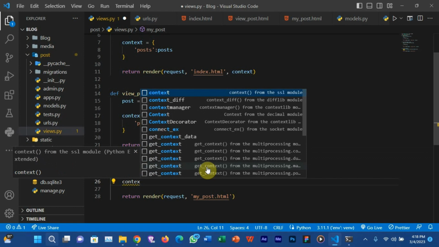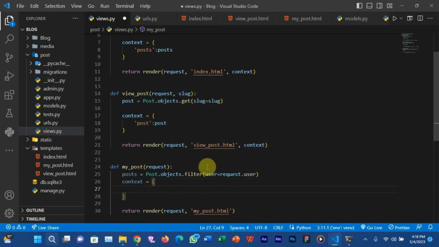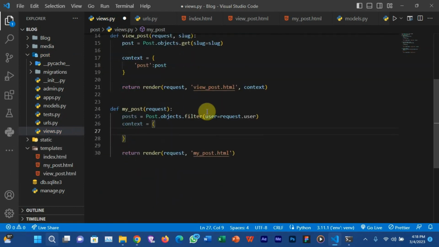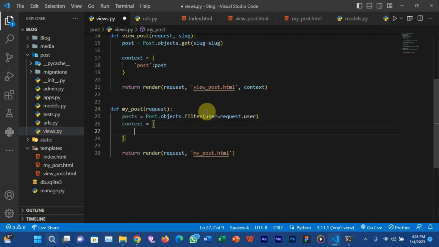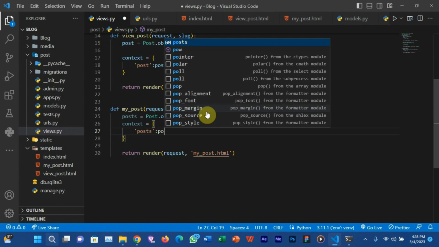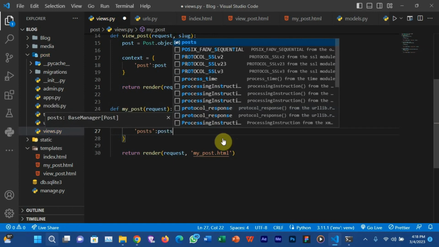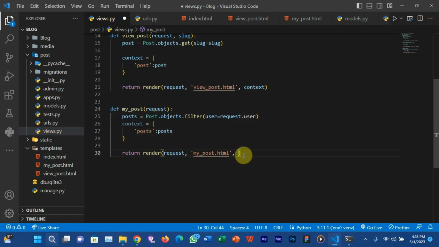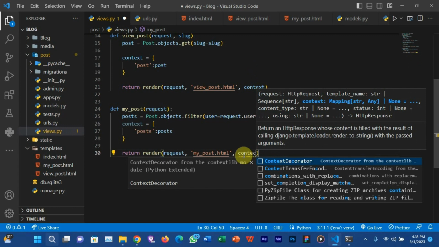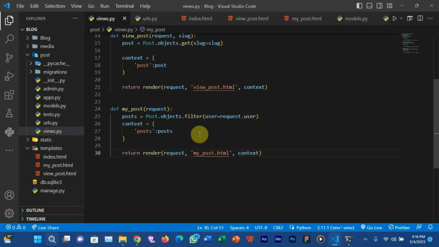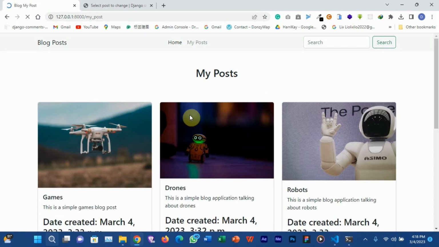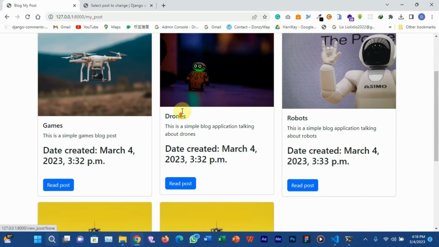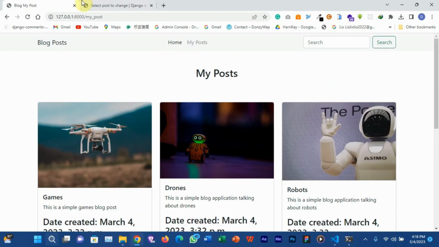So you can just do a simple context variable here. Just like we did for the view and then index page, you can pass in the post, and then the post variable here. You can pass the context inside there. Now if I refresh my page, I should see posts related to the admin. You are seeing all this because all these posts are related to the admin.